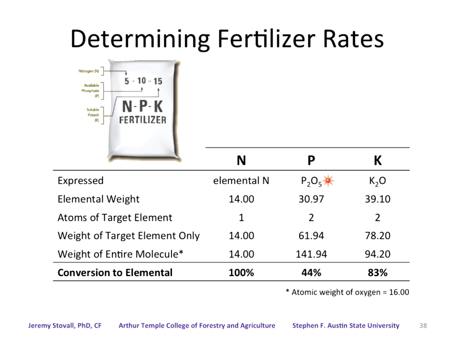And so if you think you're applying 10 pounds of phosphorus dumping that 100-pound bag out, you would be wrong. You're only actually applying 4.4 pounds of phosphorus, and it's because the rate is for P2O5, and about 56% of that is oxygen. And we really don't care about that oxygen because the tree doesn't get oxygen from the soil, it gets oxygen from the atmosphere, and it's got all it needs. They're not oxygen limited. And so what we end up seeing is that you have to take that number and multiply it by 44%,